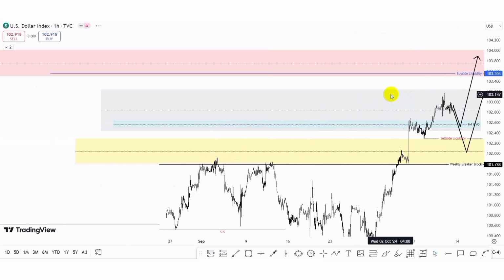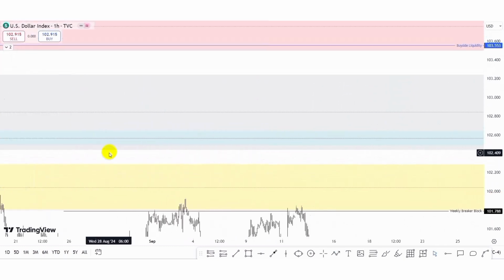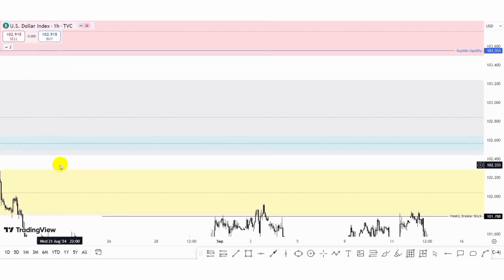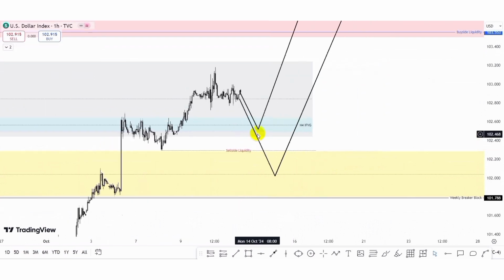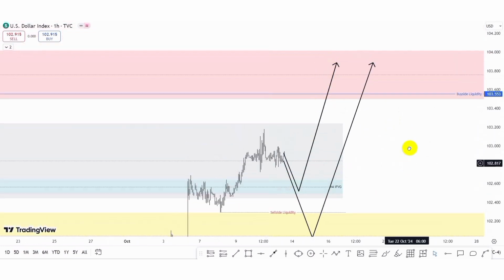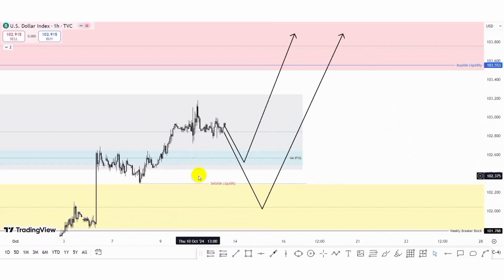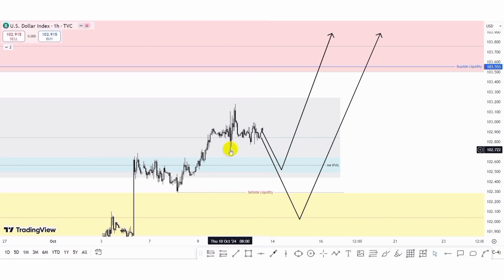So here in the 1-hour time frame, basically it's the same thing we identified in the 4-hour time frame. So you can see this is the 4-hour inversion fair value gap zone. So we are expecting to see the return of price to the downside, and then we see how price projects to the upside, or price may take out the sell side liquidity. And what we can now see also is we have this sell side liquidity. So price may dip lower, and we have this consolidation within the 4-hour fair value gap, which is now an inversion fair value gap. So price may not take out the sell side liquidity.